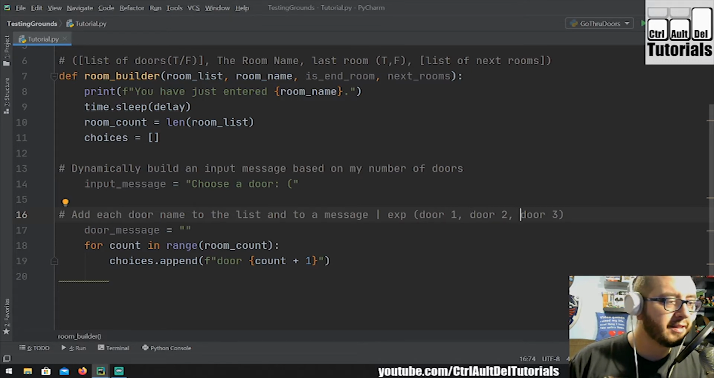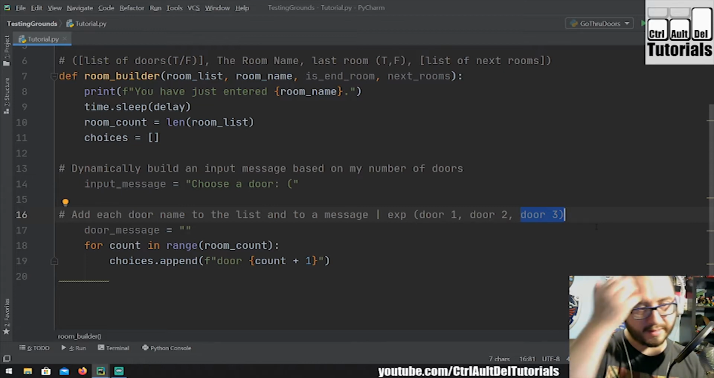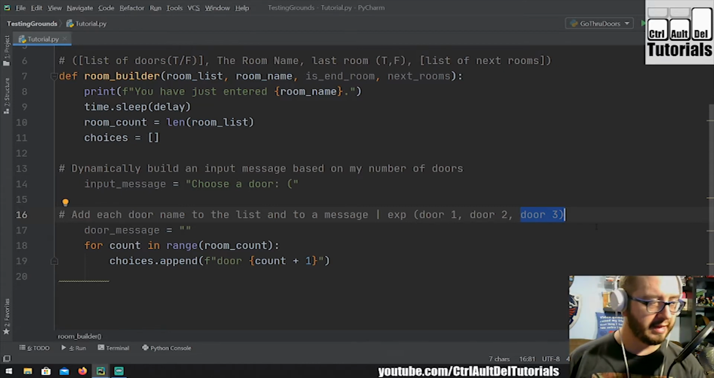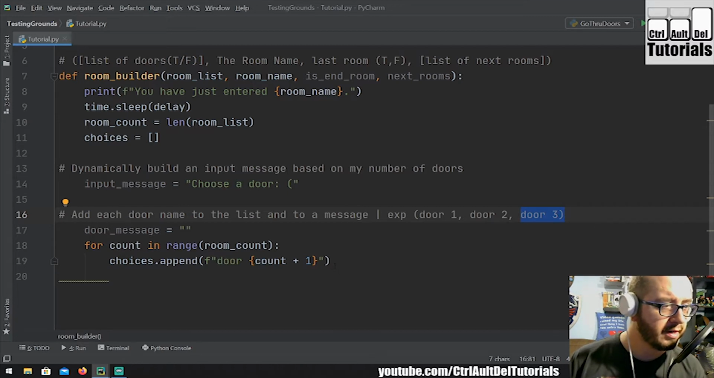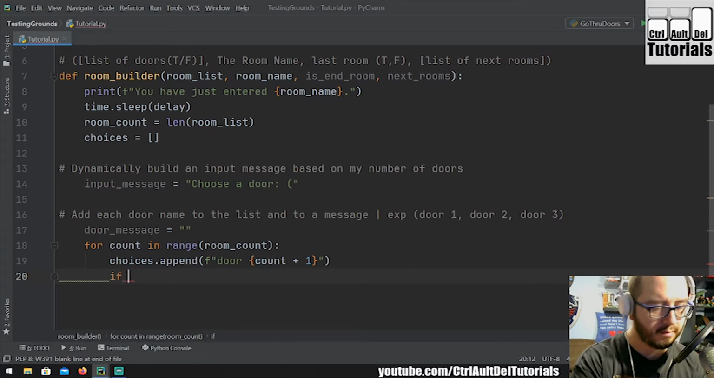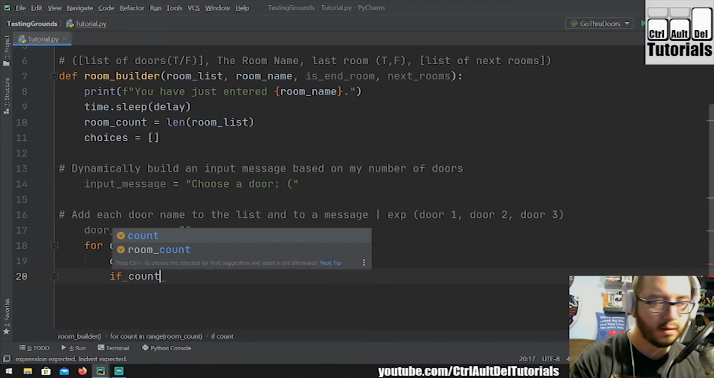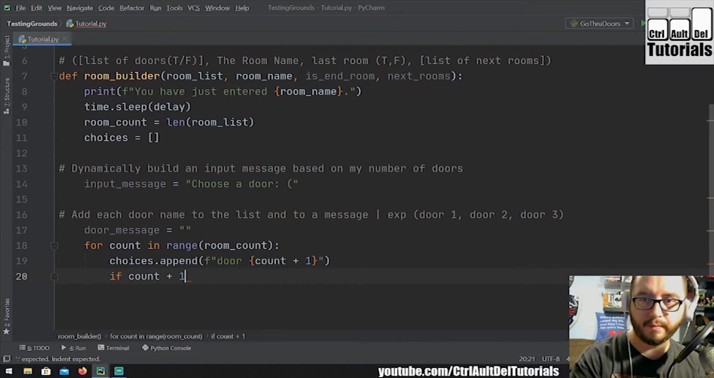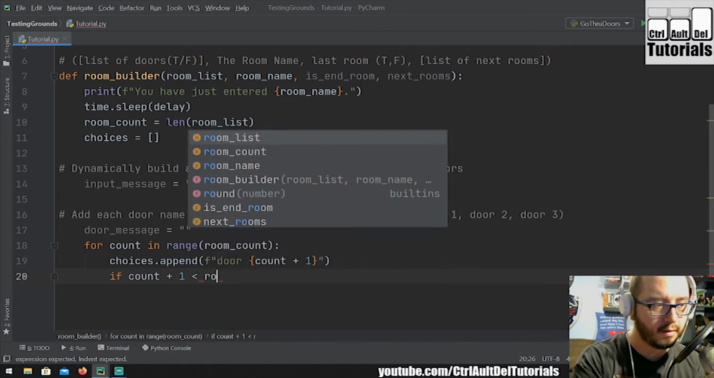But if it's the last item in our count, the last cycle that it's making in our for loop, I want it to print out door 3 with a parenthesis next to it. So that way it kind of gives the user an idea of what the format's going to look like. All right, so how do I do that? So here I'm going to say if my count plus 1, if this is less than my room count,